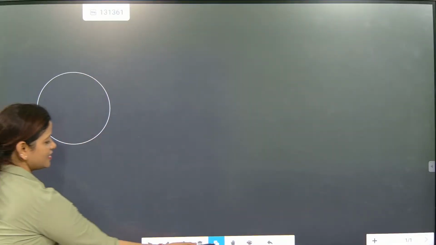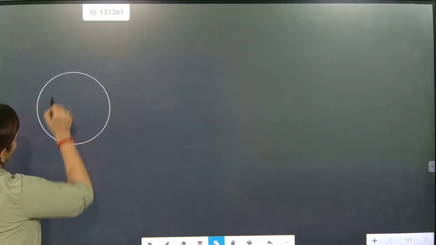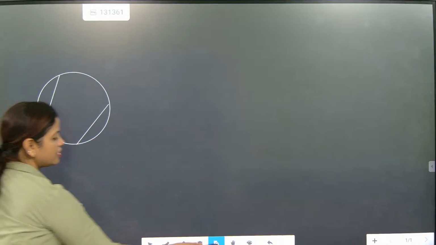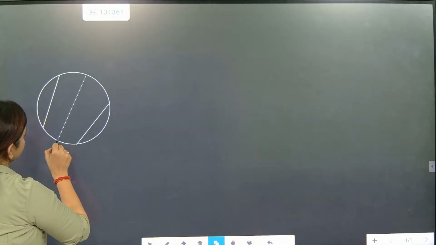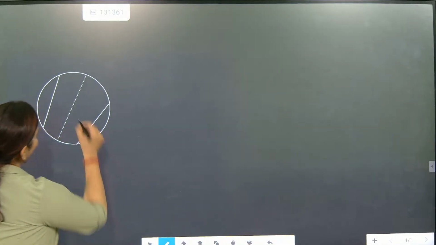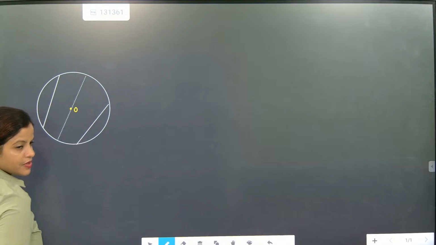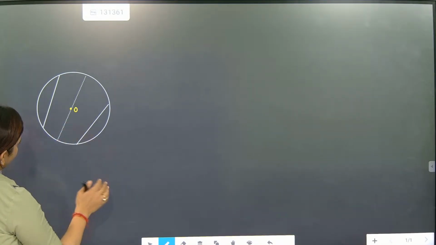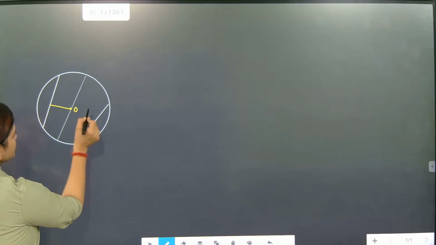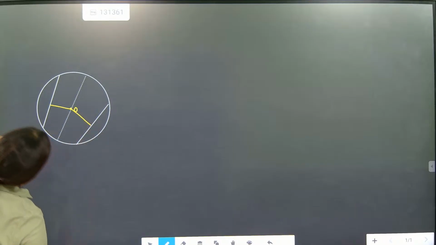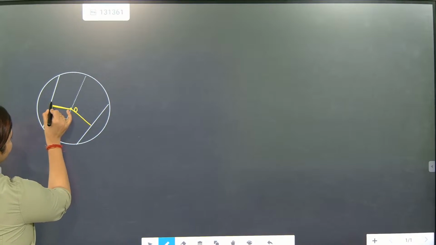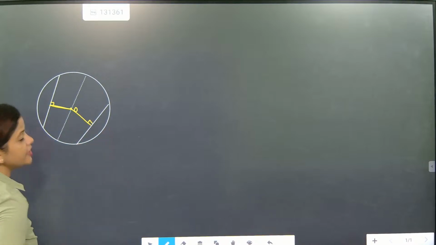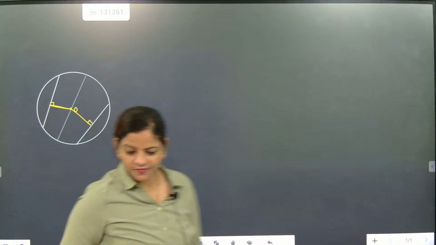So you wrote this question now: equal chords of a circle are equidistant from the center. So we will draw like this. This is the circle. Again, one more time we will draw. These are two chords, one chord and another chord. And then from the center we will draw like this. That's it. Now we will take one center here. Equal chords of a circle are equidistant from the center. So we will draw one line like this and another line like this. Then here it is 90° and here it is 90°, because from the center of the circle to the chord,